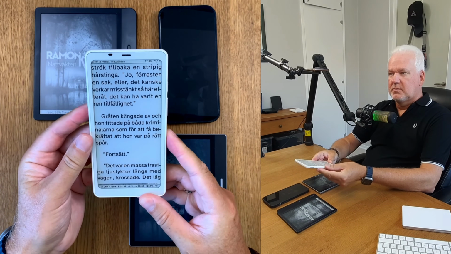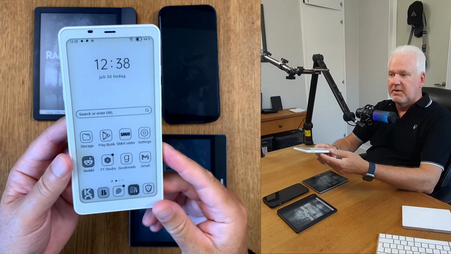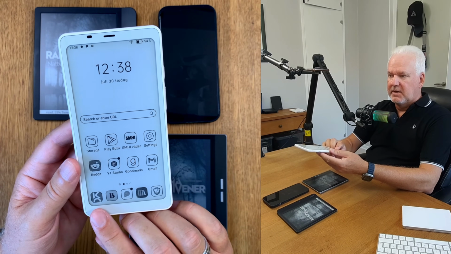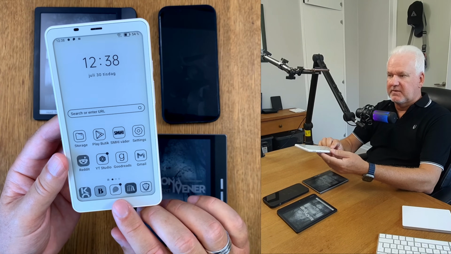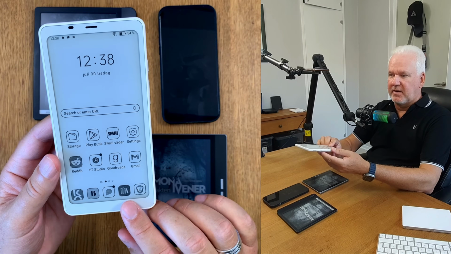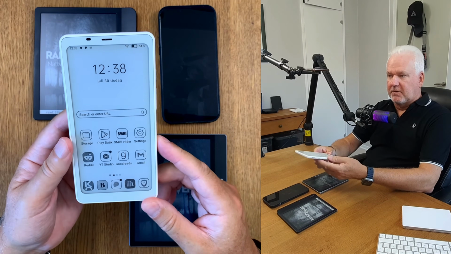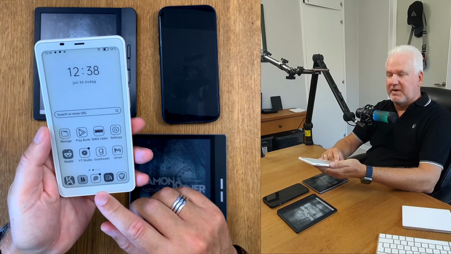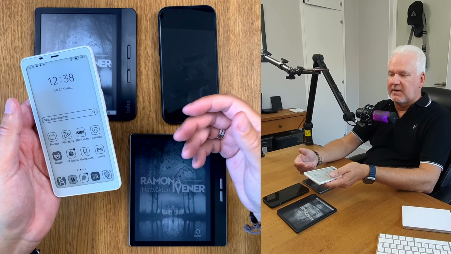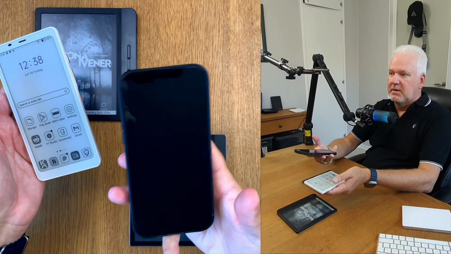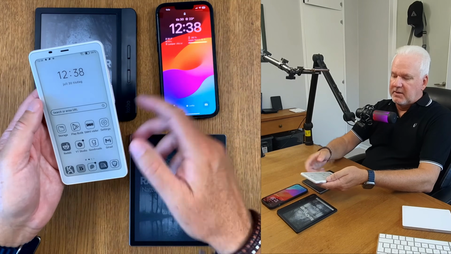So if I go to the home screen, we have different apps that I have installed on this e-reader. So down here, for example, we have KOReader, I have Swedish BookBeat book streaming service and Storytel streaming service, and here we have Pocketbook Reader app. So the difference between KOReader and Pocketbook Reader is, first off, that you can only run the Pocketbook Reader app on an Android-based e-reader, or on an Android phone, Android tablet, or an iPhone that runs iOS, or an iPad that runs iOS. So you can run the Pocketbook app